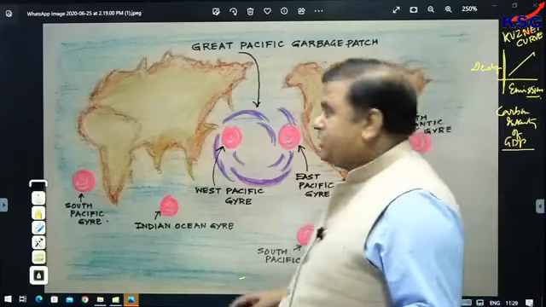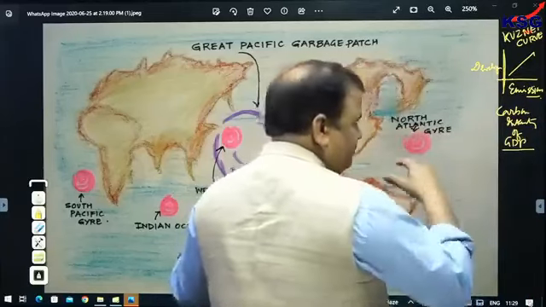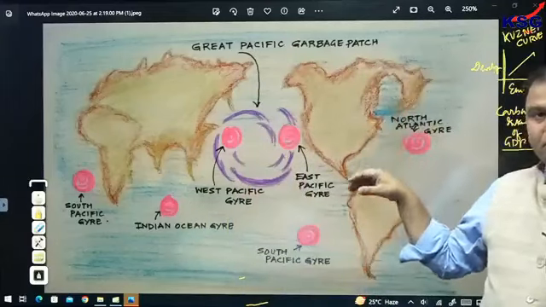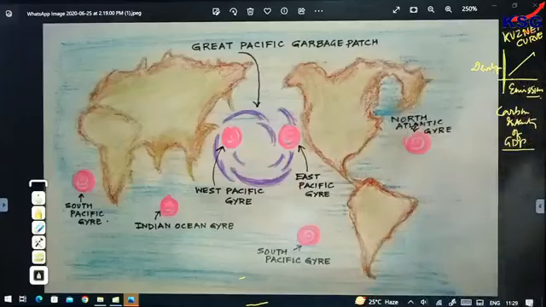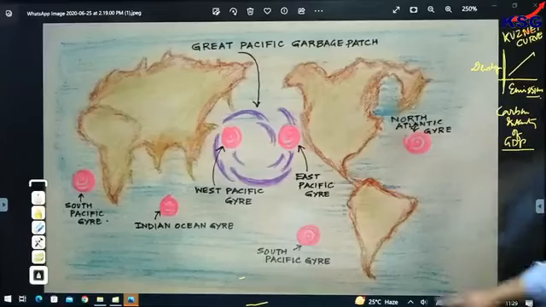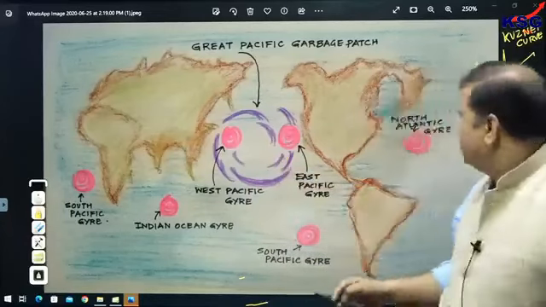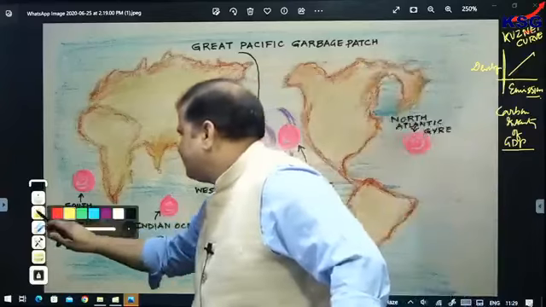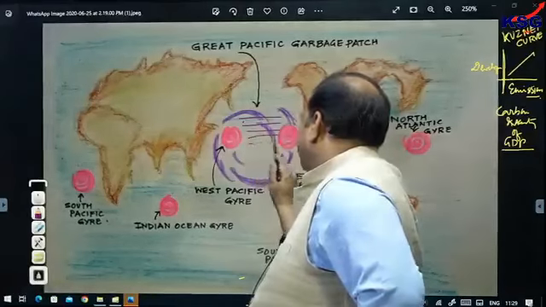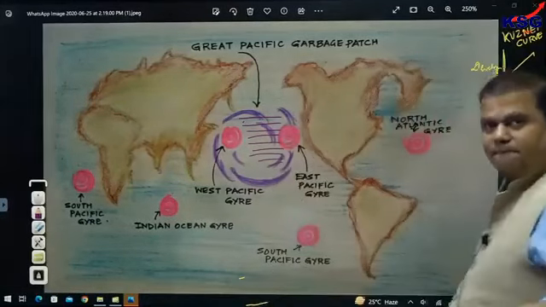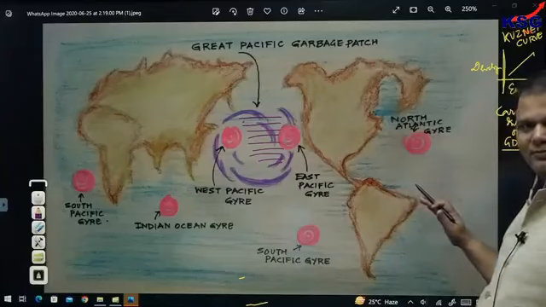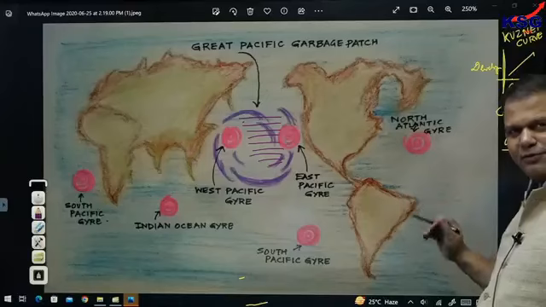I'm just calling the cameraman so that this patch can be cleared a bit. The students are asking a question from over there. See whether it is clear. They are making it clearer. Here is your patch. This is your patch. Here lies your patch. This area, the patch is present. Clear? This much it would be clearer. To this extent it can be more clear. Fine. Now see,